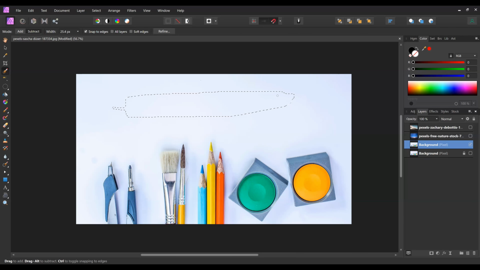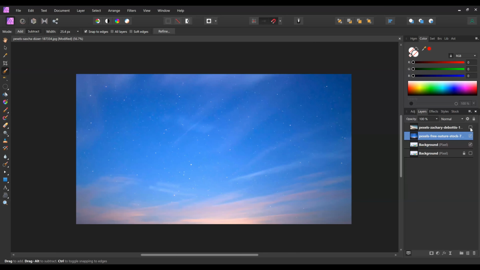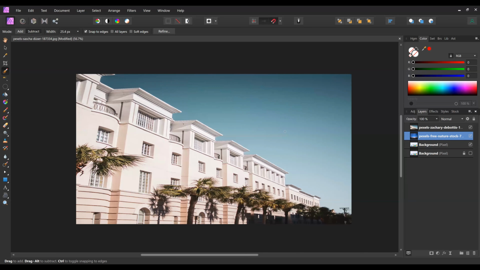Now I'll deselect it and I'll show you how the quick selection tool can work for making adjustments in different photos. We have this photo of a sky, and then we have the photo of this building. But I want to replace the sky portion in this image with the one below. So first I'll need to make a selection with the quick selection tool like that. I can increase my brush size to speed up my process simply like that. I'm just showing you right now how we can make selections.